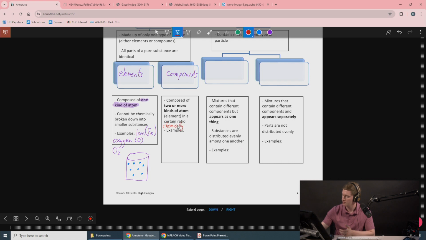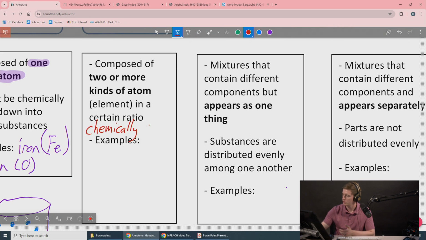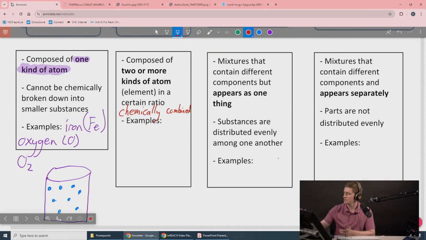Chemically combined. You've probably seen some compounds before. An example of a compound would be water. H2O is a compound. We've got a specific ratio of 2 hydrogens for every oxygen, and they are chemically combined